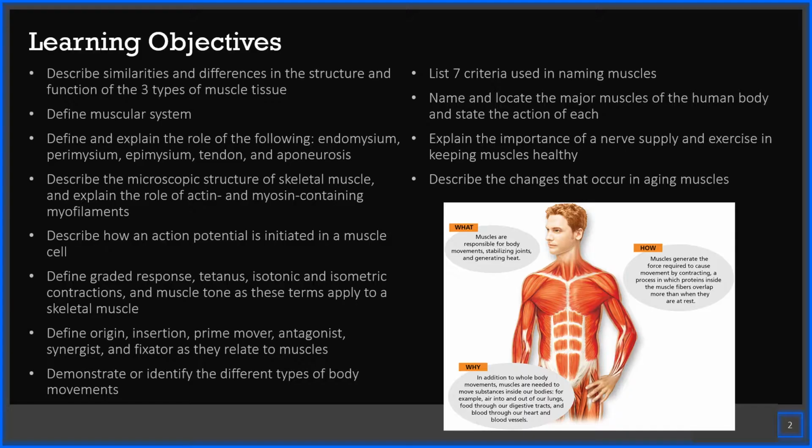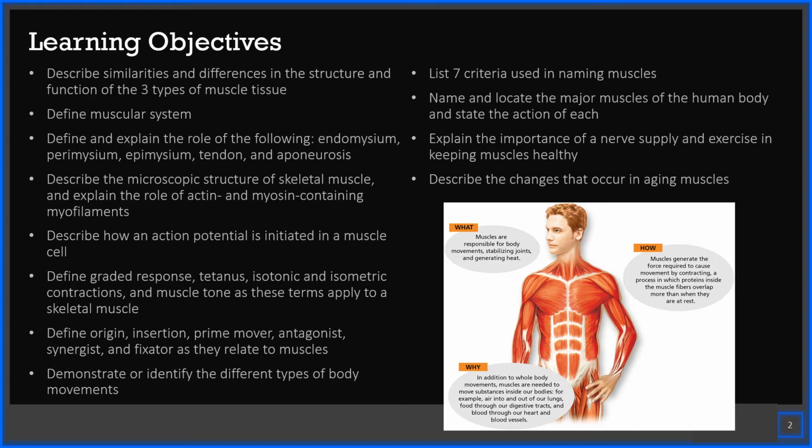Chapter 6, the muscular system. As you can see, we have several learning objectives for this chapter to include: describe similarities and differences in the structure and function of the three types of muscle tissue, define muscular system, define and explain the role of the following: endomysium, perimysium, epimysium, tendon, and aponeurosis, describe the microscopic structure of skeletal muscle, and explain the role of actin